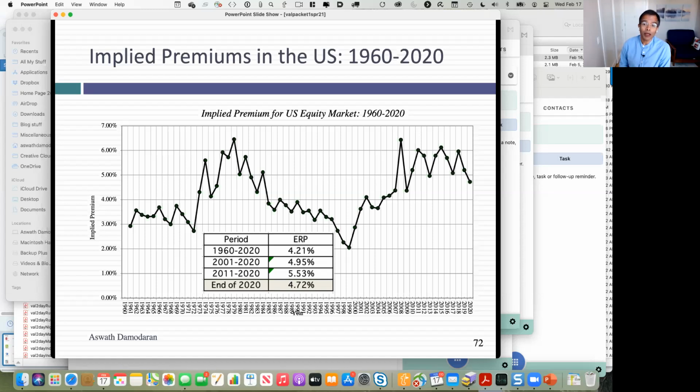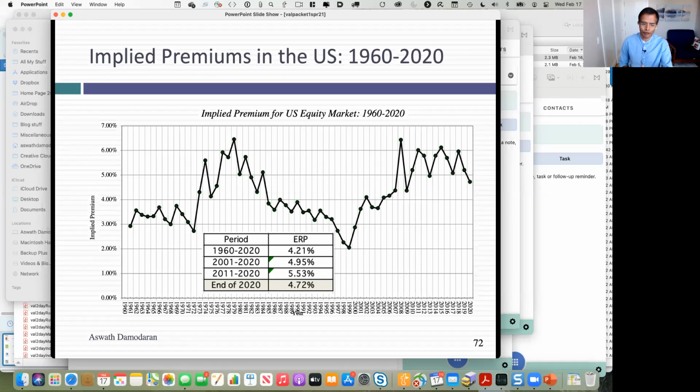But there's a lot of talk about bubbles, right? A lot of people, and Leon Cooperman thinks we're in a bubble. Some big name investors think we're in a bubble. So one of the questions I always have is, are we in a bubble? How would I know if we're in a bubble? Well, one way is to look at that equity risk premium that we have right now, the implied premium, and ask, does that number look low or high? Relative to what? Relative to history.